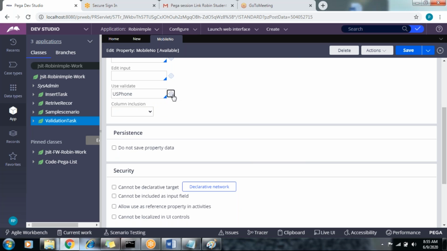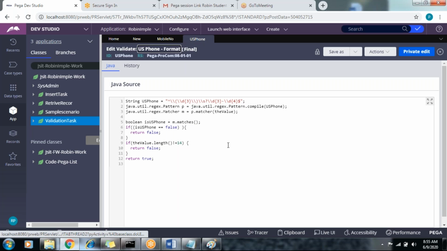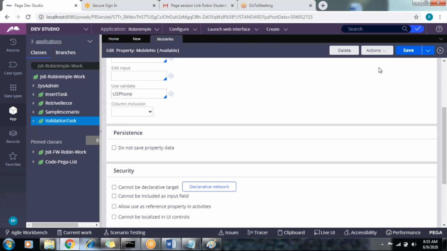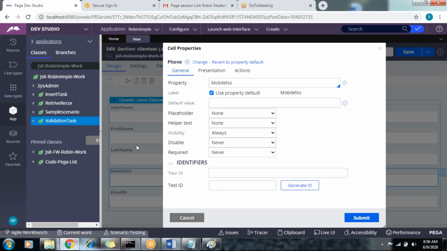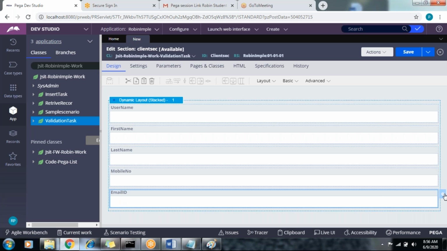This is predefined code, inbuilt, for validating the phone number. So I can just click on this one property. This is one type of validation. Another one is the email ID.